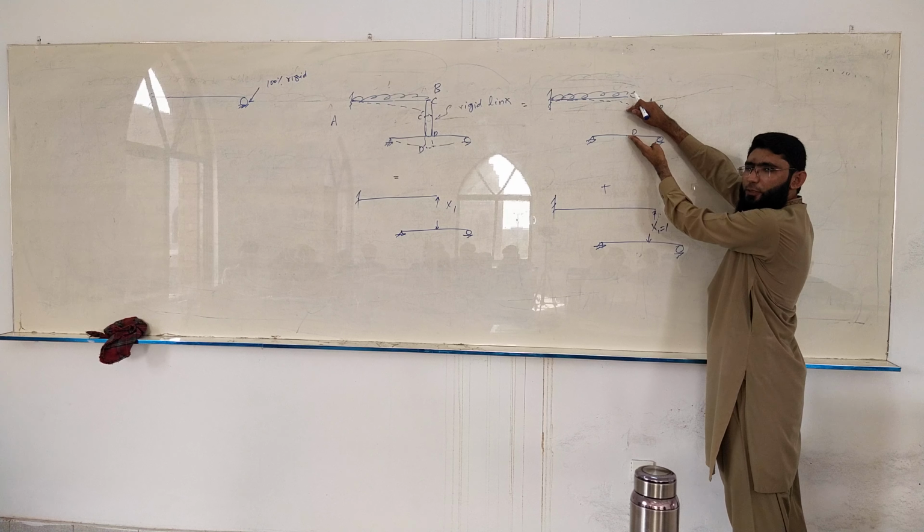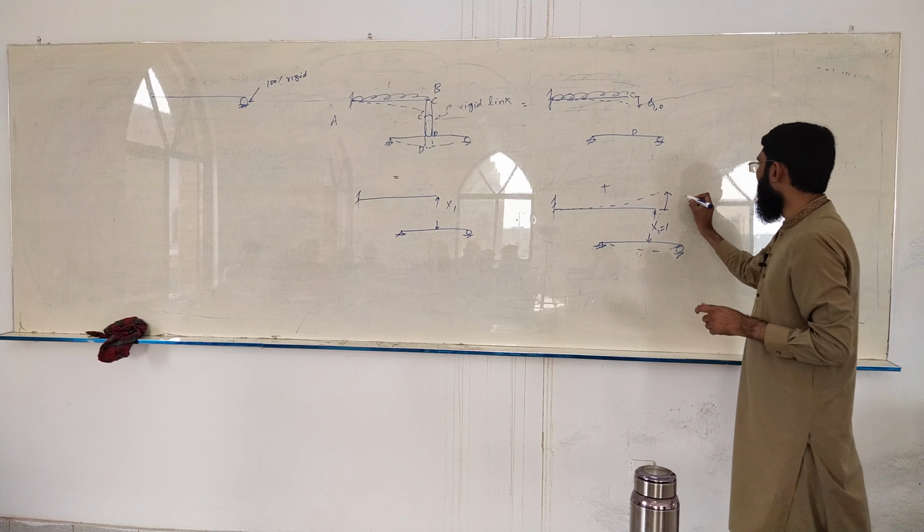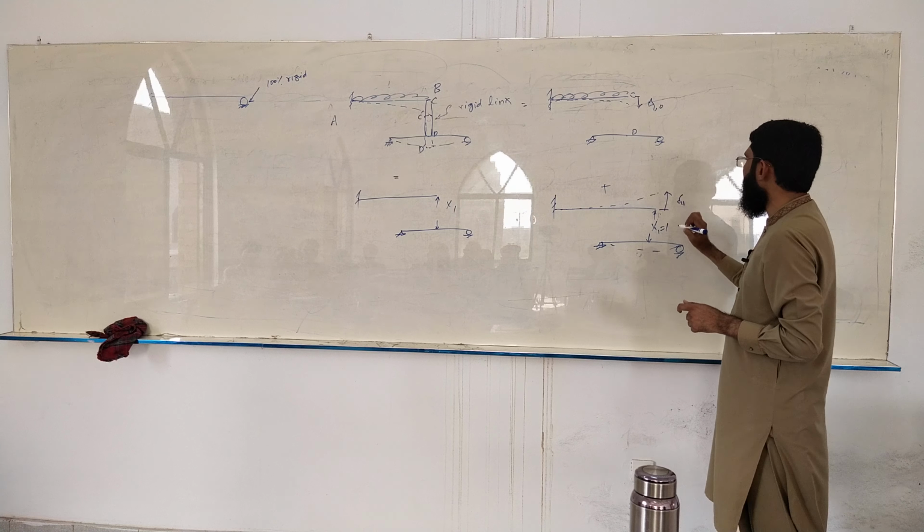Now, next you consider the unit value of the redundant. So what's going to happen? This end is going to displace upward, and this is going to displace downward. If this displacement is called delta 1 1, if I can give a few names over here,